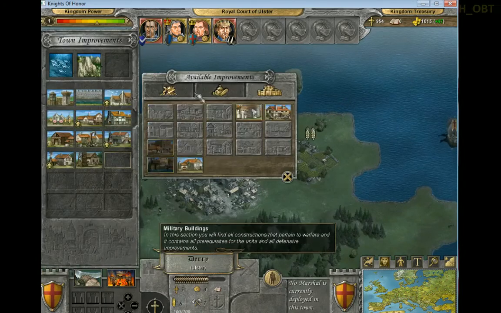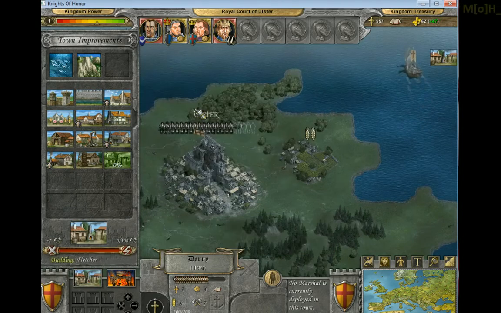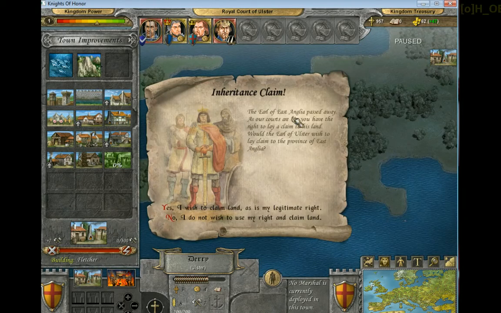And in the meantime, produce a Fletcher. Now, as we saw earlier, we can build longbowmen and bowmen from a Fletcher, so that will come in handy later. The Earl of East Anglia has passed away as our court...